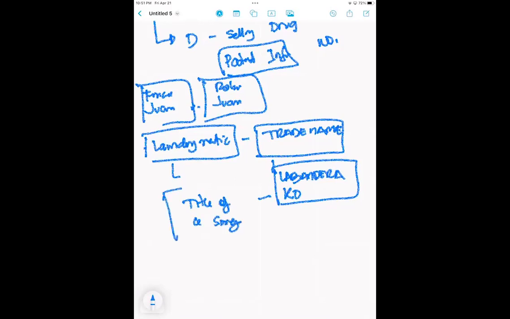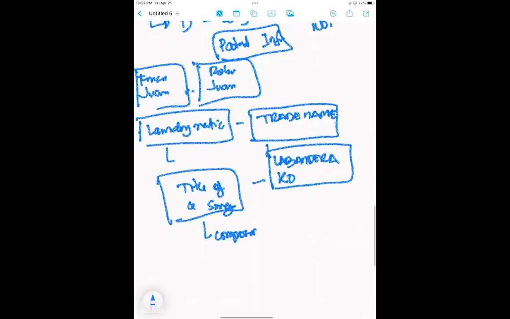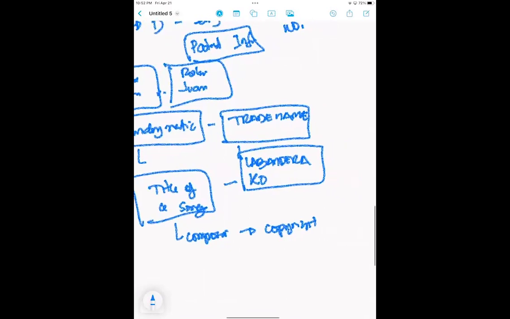Hence, it belonged to the composer of the song. And the Supreme Court said such ruling of the trial court is erroneous because, again, if this is the title of a song, therefore this is copyright. But ang pinag-aagawan ng sibling is a trade name. So,